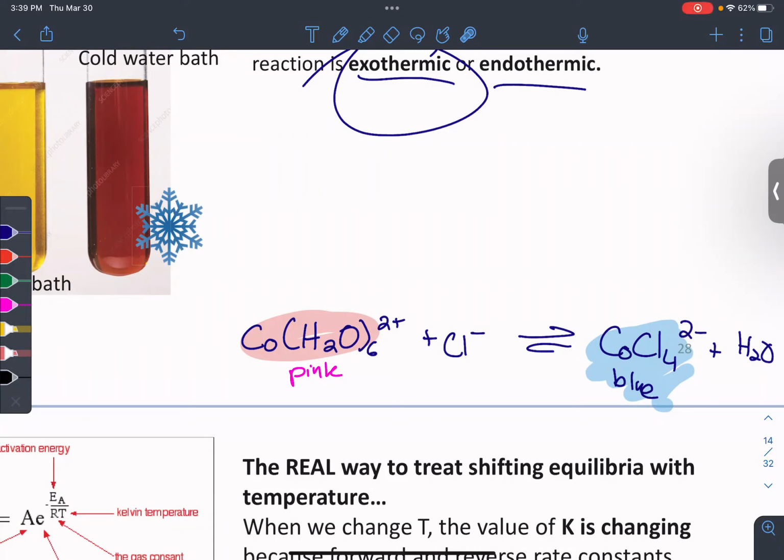The next one, I need to add water. So remember, we're back at equilibrium because it's purple again. If I add water, what's going to happen? It should turn pink. This is H2O. Let's see, does it turn pink? I hope it does. I didn't even mix it. You see the pink at the top. Pink. I didn't mix it, so you can still see the original purple on the bottom because I added a little bit of water. We pushed it to the reactant side.